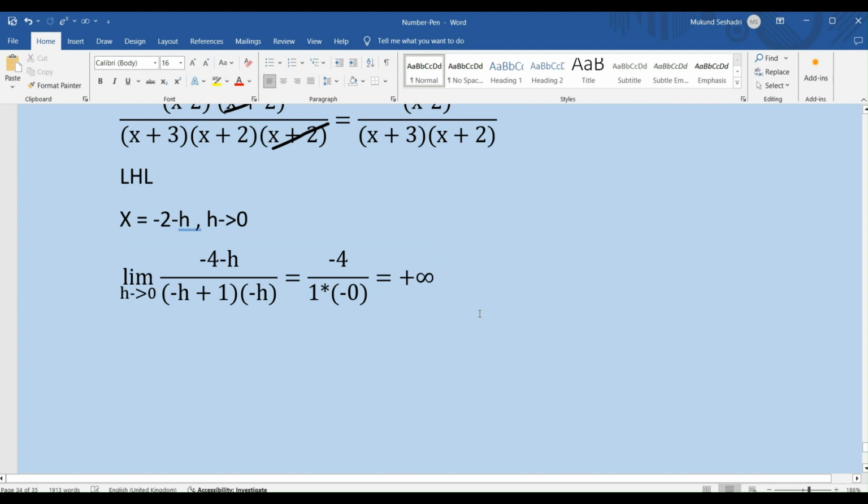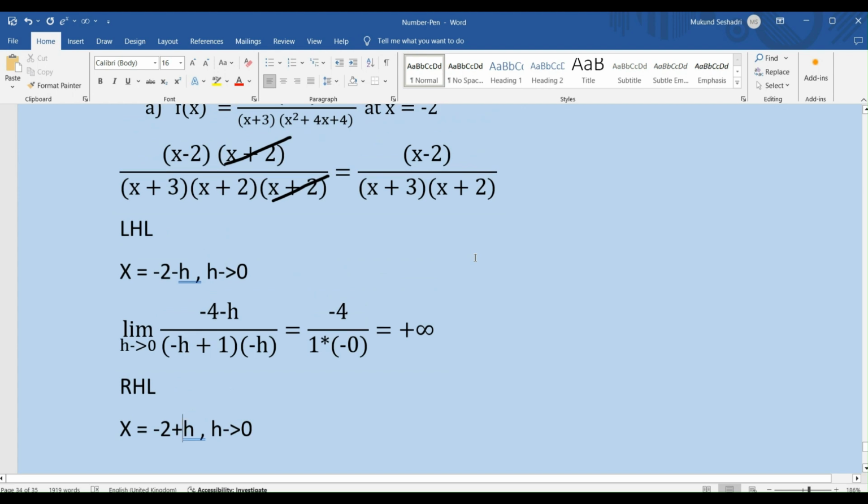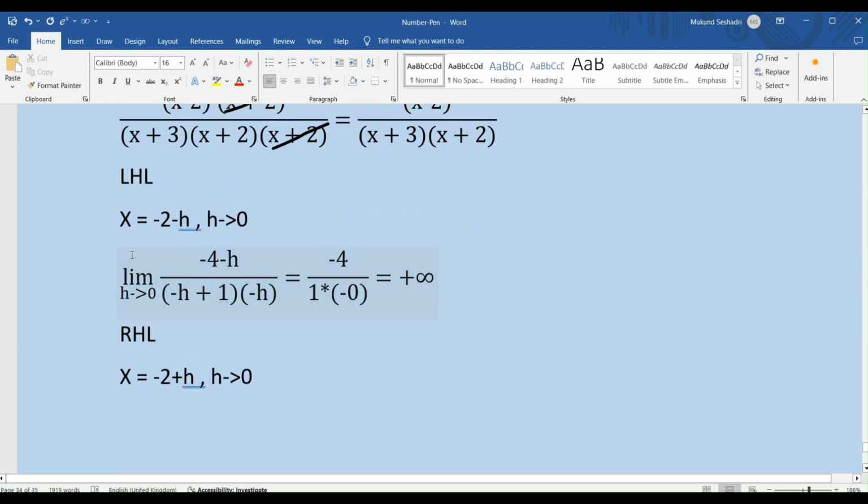So now that we've calculated LHL, let's move to RHL, right? Which is my right hand limit where x takes a value which is greater than minus 2, right? And what is that? It's h, right? And when I'm going to substitute x with minus 2 plus h, what I get is